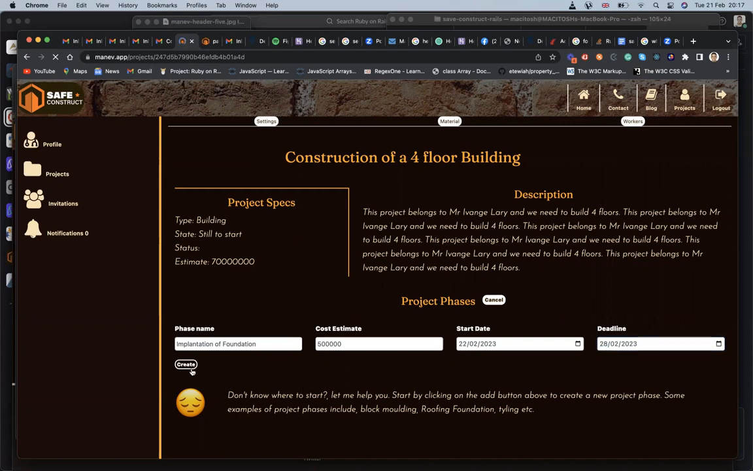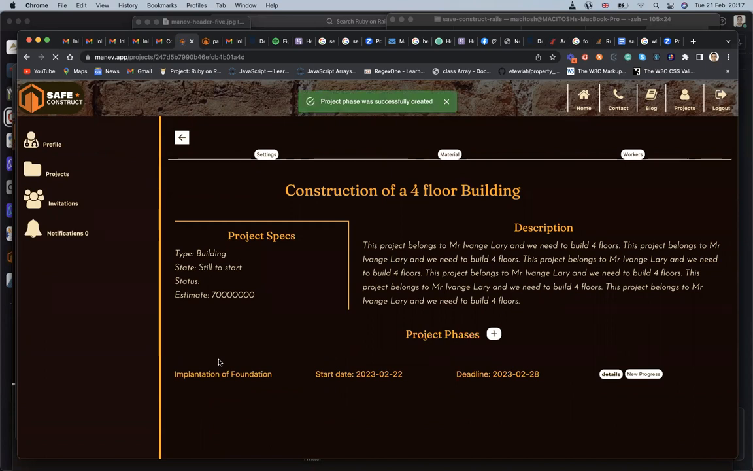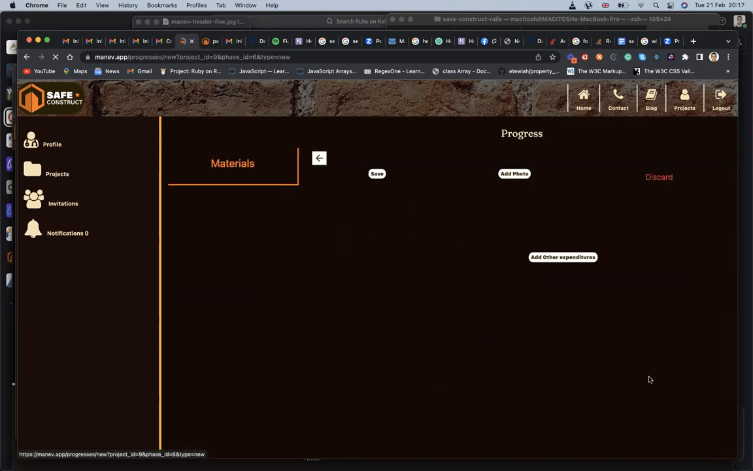So I'm going to click on the create button to create the phase, and that is it. Project phase was successfully created. So the next thing, we've had a phase already. Now I'm going to go straight away to create a new progress. So I'm going to click on the progress button. Now the progress